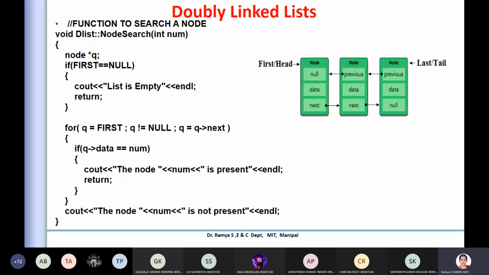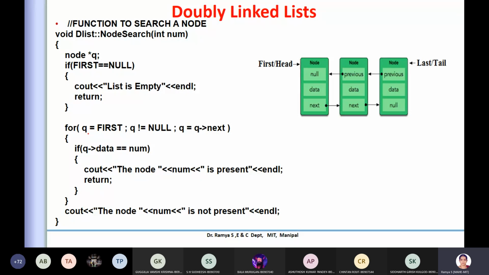So this is very simple. You're trying to search for a node. You are sending a number, and your first is whatever it was initialized to. You remember we created the first and last node with null. So if there is no element itself, there is no point in searching, so you just display that it is empty.